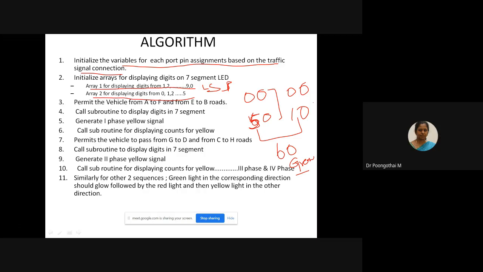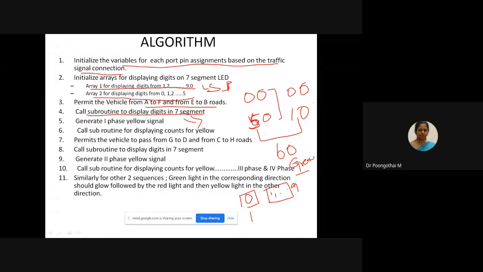So permit vehicles from A to F and E to B, that is the first phase. Call the subroutine to display digits in the 7-segment. This is your first delay routine. Here we have to display 0 on the first 7-segment, and the other display should vary from 1 to 9.